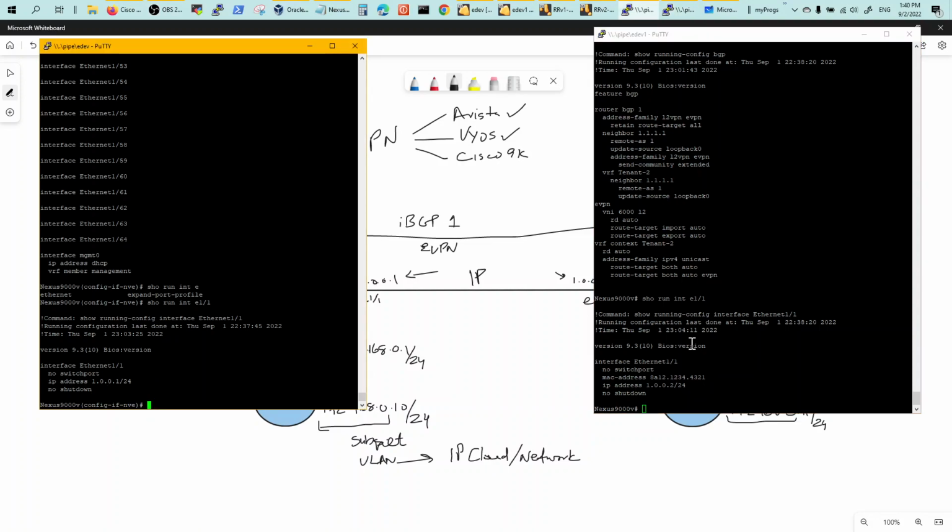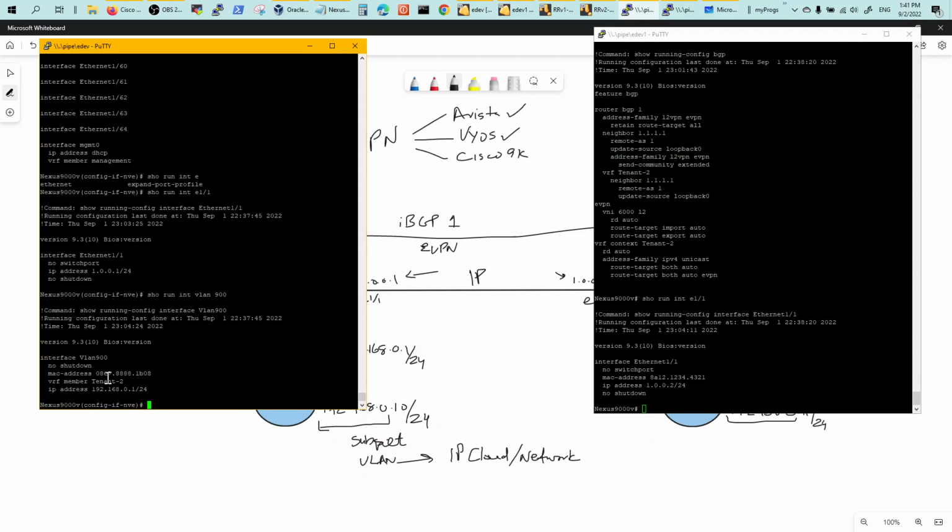On this side, I've changed the MAC address for Ethernet 1/1 just to make it different. And on this side, I've changed the MAC address of interface VLAN just to make it different. Okay, so if you don't do that, your connectivity is not going to work. This is only for the virtual instance. Obviously, in the real world with real switches, you don't have to do this. But to look at the configuration as a whole,